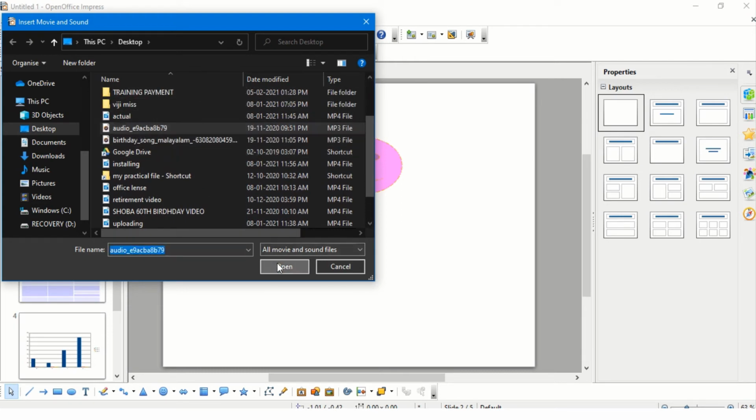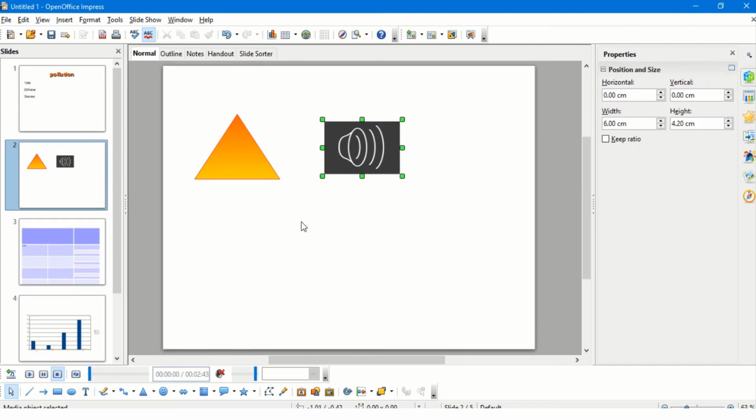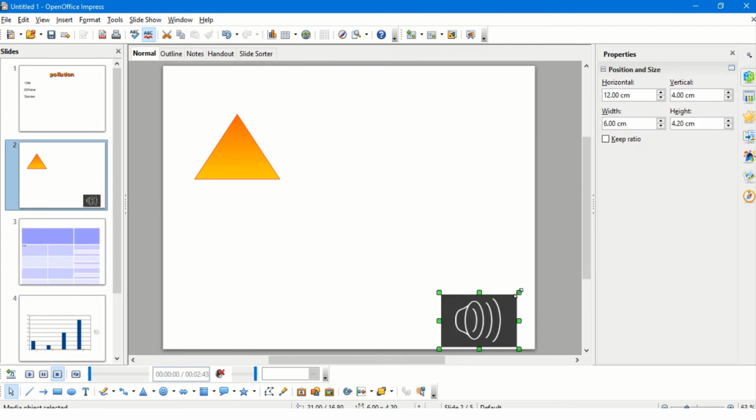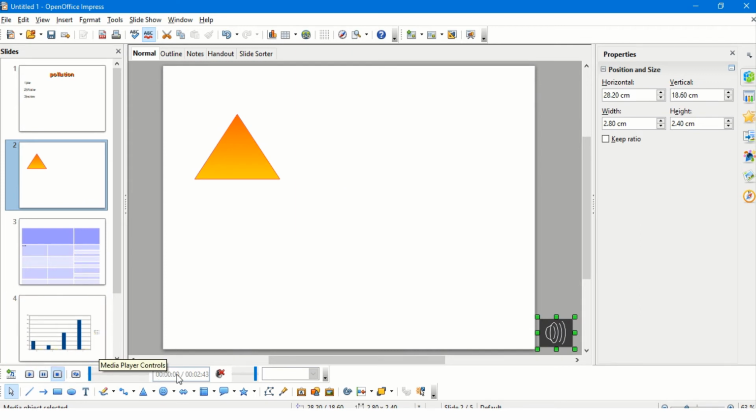This is an audio clip. If I insert this audio clip here, then a small little icon of the audio clip comes up, and I can reduce the size, or even move it out. And these are the options which are available: play, stop, pause and repeat. All these options are available in a toolbar which comes up when the audio file is selected.